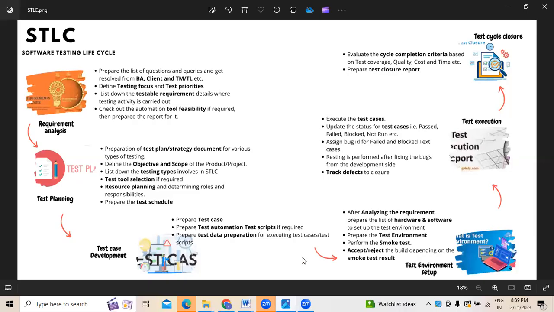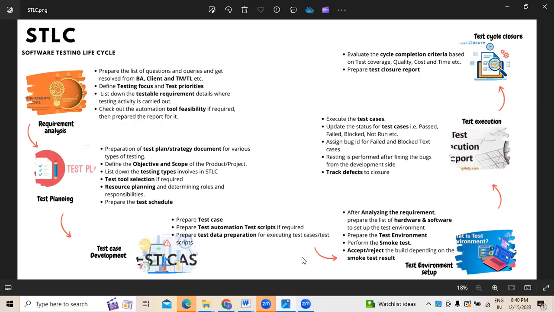Right. So whenever we have created a test environment, we have to do the test execution. Test execution means the test cases we have prepared have to be executed. When it executes, it is on the code we write. Code will be generated, and whatever code was written by the developer team